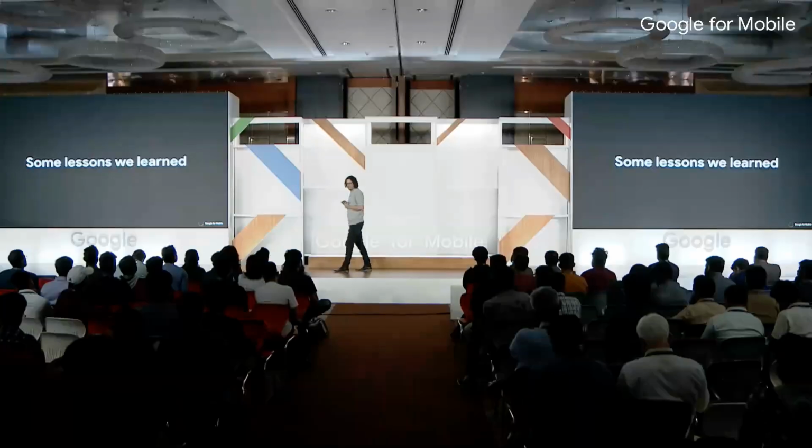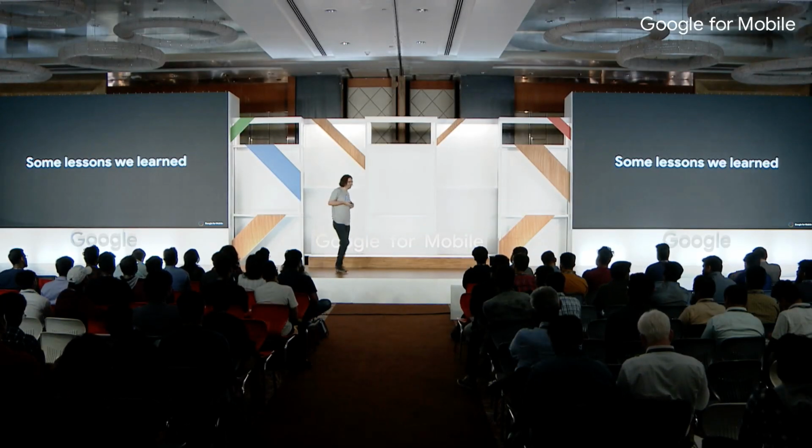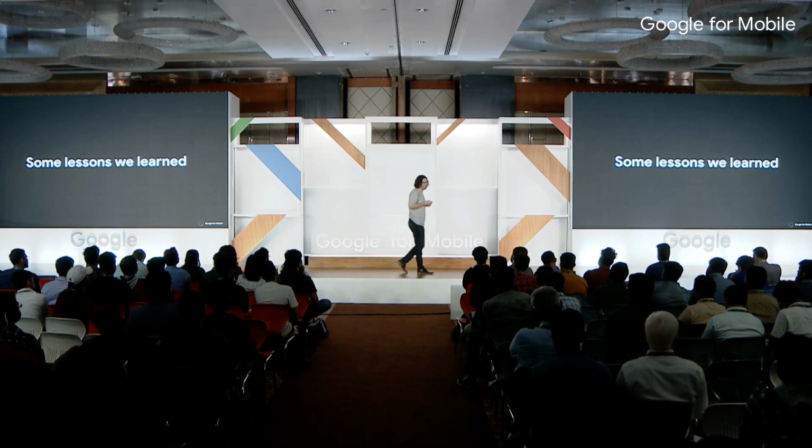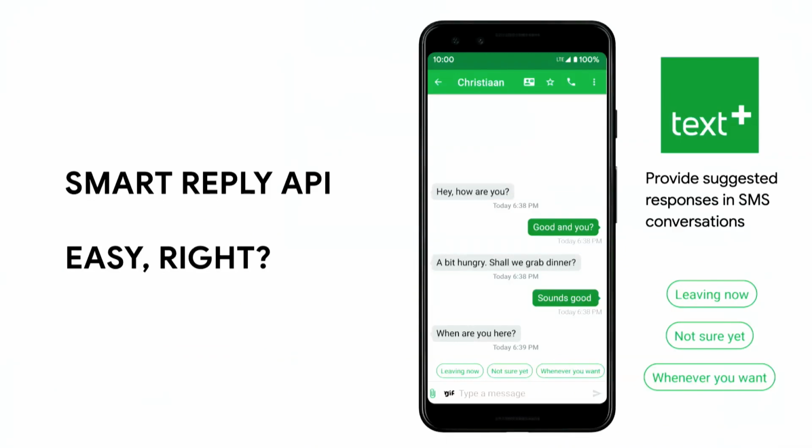Okay, next thing I would like to talk about is some lessons that we learned, and I'm actually excited to share this because we had a pretty interesting story. So first lesson is an ML model by itself is not a complete solution. So let's walk through an example. We originally planned to launch Smart Reply as part of the launch of MLKit. And we thought, well, how hard can it be? This is fairly straightforward. We have models in Google already, shouldn't be hard. Well, we were pretty wrong.